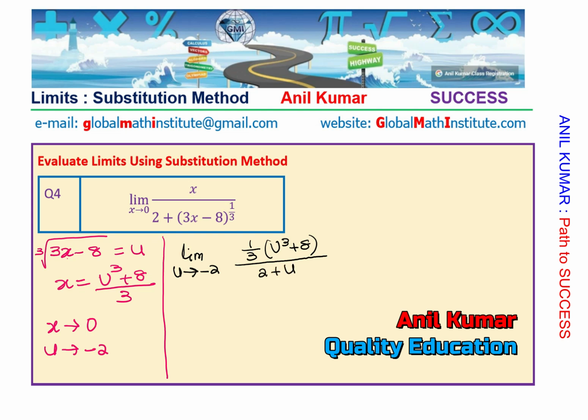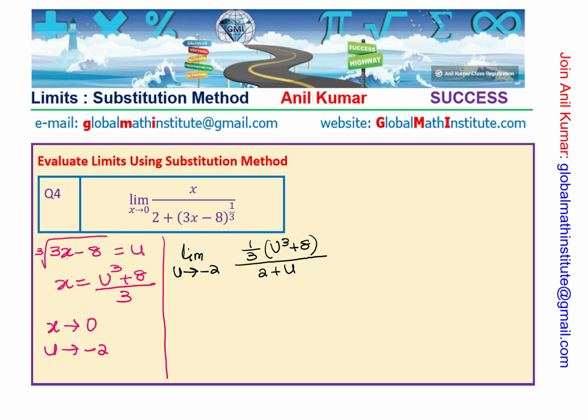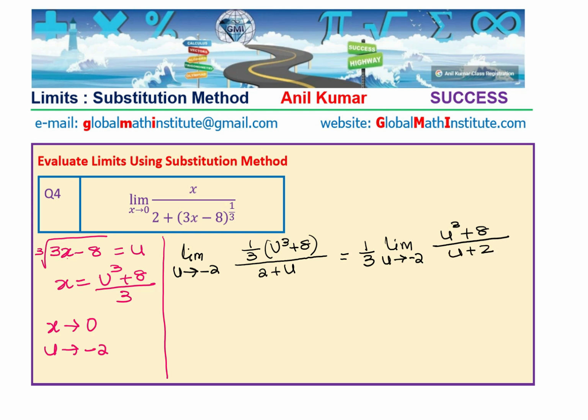Makes sense? Now 1/3 is a constant, and therefore we could write it outside. And we have the limit as u approaches minus 2 of u cube plus 8 over, rearranging, u plus 2, which can now be written as 1/3 of